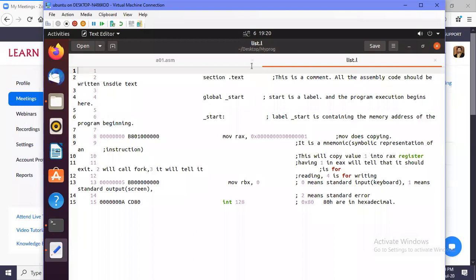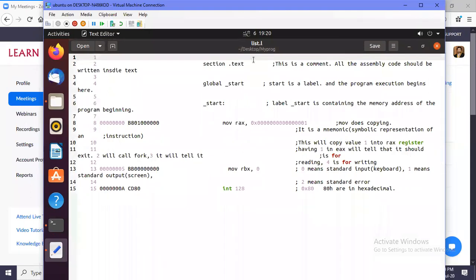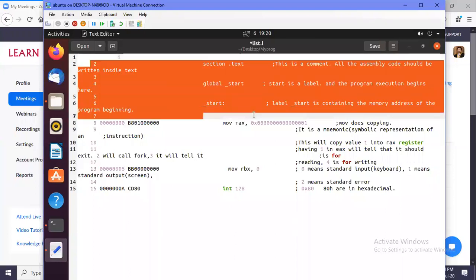You can see what the list file contains. In the text section, it is almost the same as the assembly program.